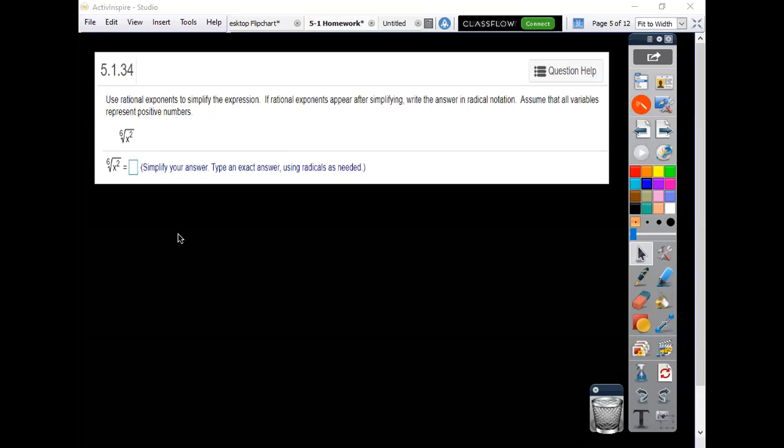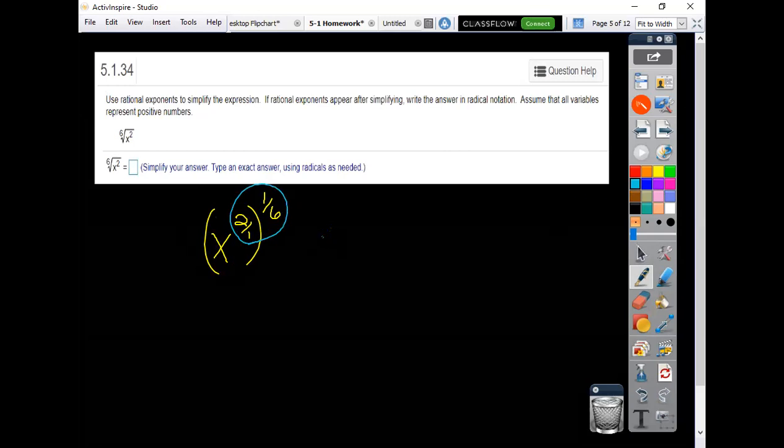5.1.34, use rational exponents to simplify the expression. Okay, that doesn't look so bad. So that's x to the second, and a sixth root is a 1/6 exponent. And then remember this 2 is like 2 over 1, and also recall that when you have powers raised to